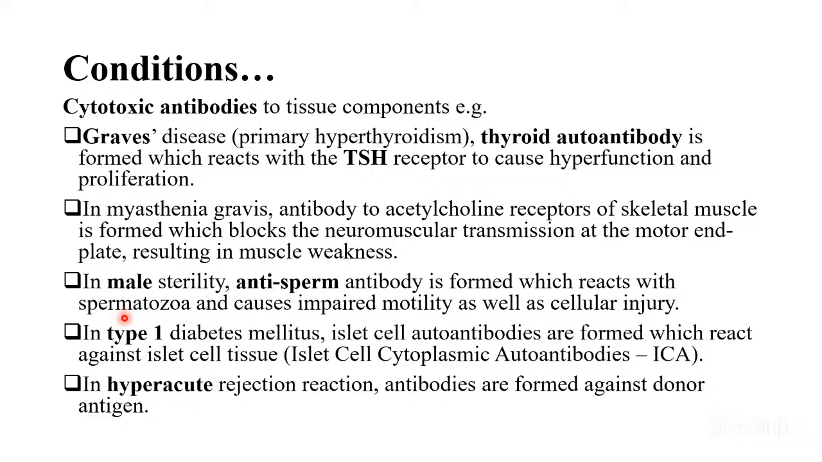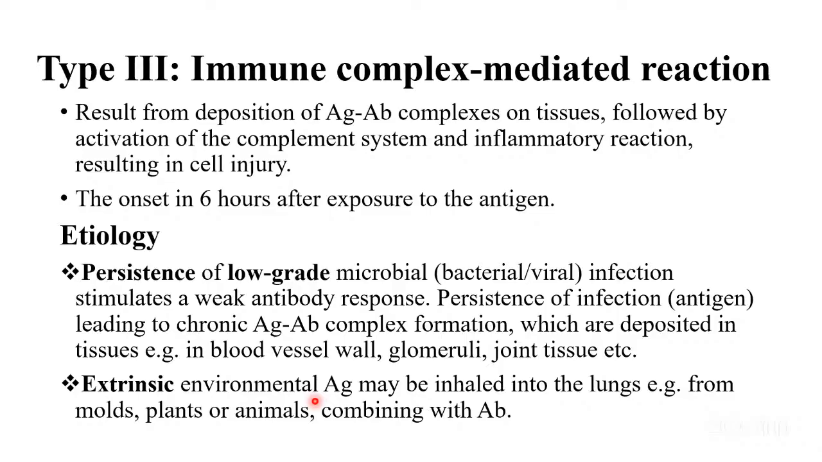Type 1 diabetes is for children. Then hyperacute rejection reactions that involve antibodies that are formed against donor antigen, such as in kidney transplant rejections. Type 3 is immune complex mediated reaction. So type 1 is just immediate reaction, anaphylaxis. Type 2 is just antigens and antibody form that activate the immune system to fight. Then there is the deposition of antigen antibody complexes on tissues in type 3